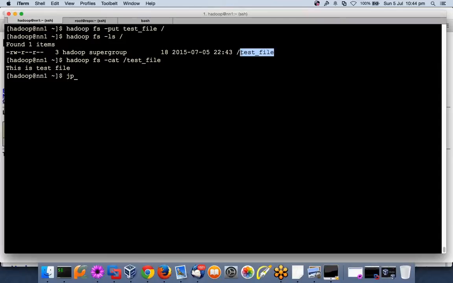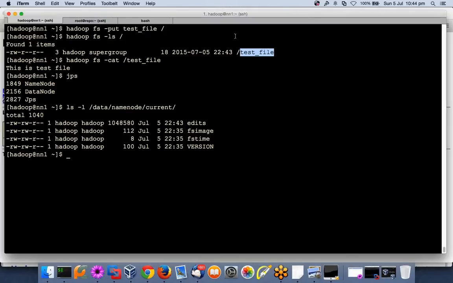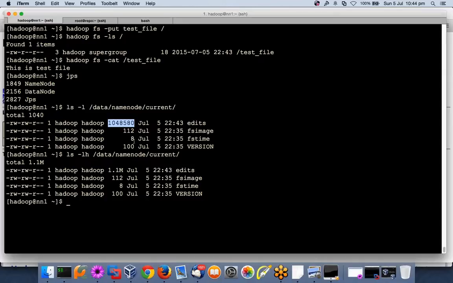Now I am running name node and data node both on the same machine, right? Where my name node is writing metadata slash data slash name node current. See, edits has grown. Initially, if you remember, it was around 4 bytes. If I give human readable form, see, it is telling me 1.1 MB. It is not that the size of the file which I have written is 1.1 MB. It has to do a lot of metadata, rollback, a lot of information it will store. FS image is 1.12 only,